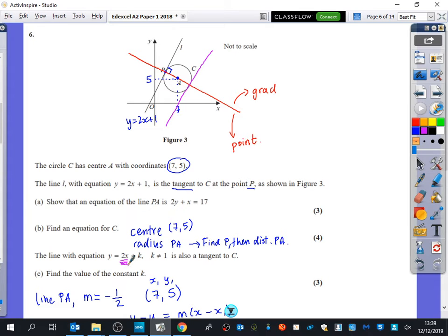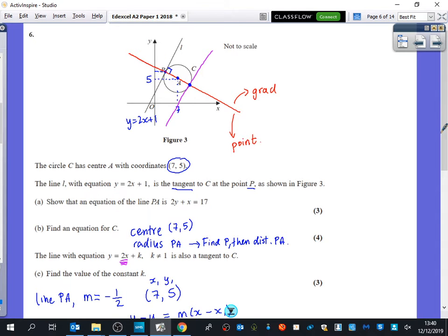I'm going to suggest this way because it's the way I'd like you to think about this. Once you've got the diagram drawn, you can see we've got the equation of the line. I just need to know a point that it passes through. So I know how to get from P to A, so I should be able to figure out what this point is. Now, the coordinates of P,